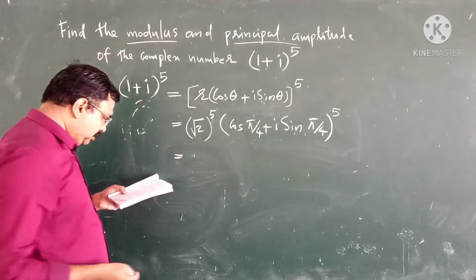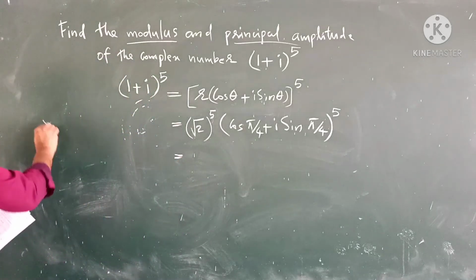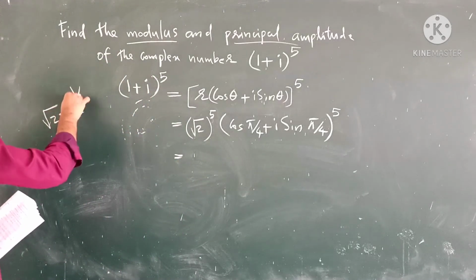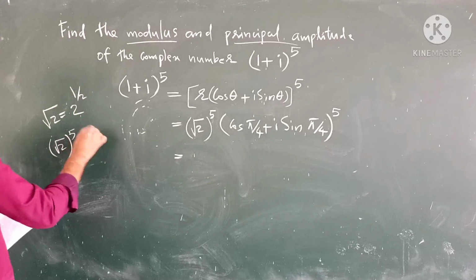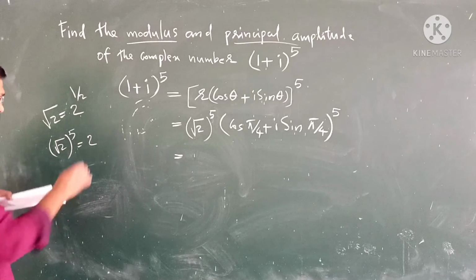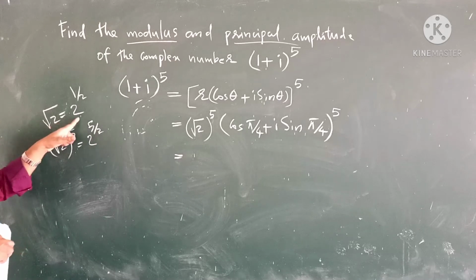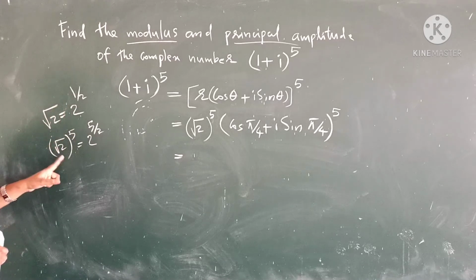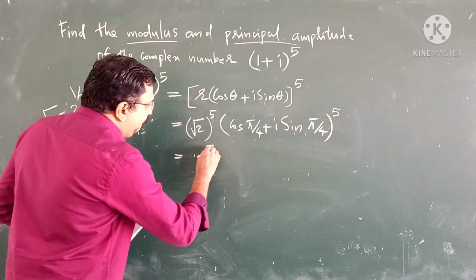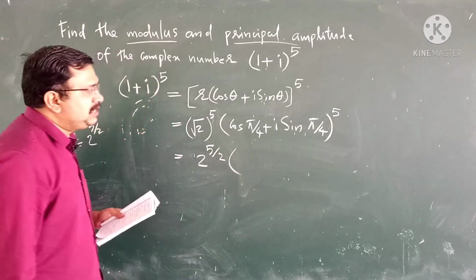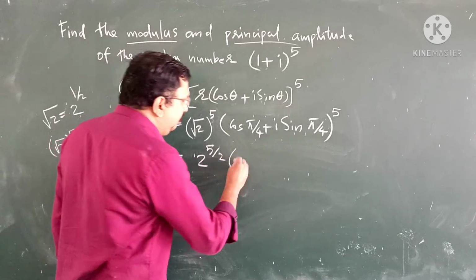Listen, root 2 means 2 raised to 1 by 2. Therefore root 2 raised to 5 means 2 raised to 5 by 2. That is 2 raised to 5 by 2 into, here apply De Moivre's theorem, then it will become